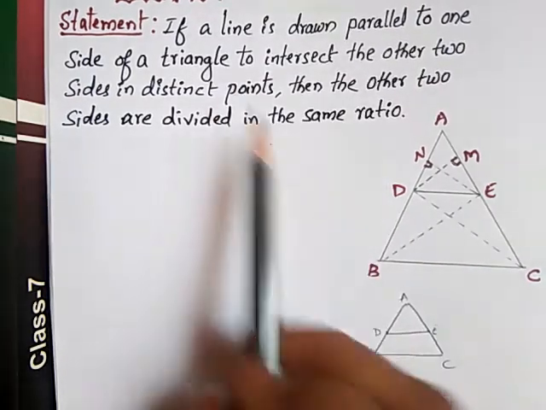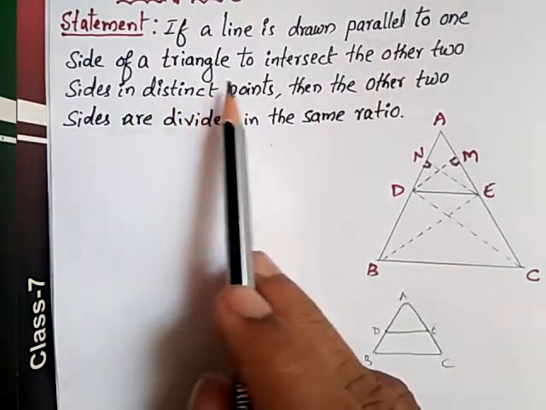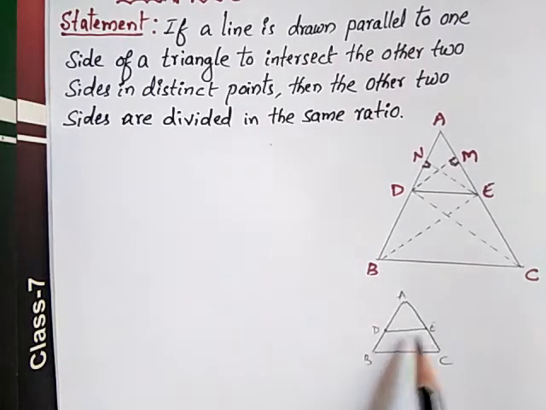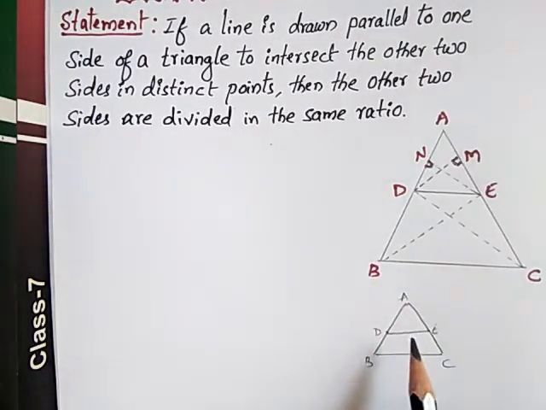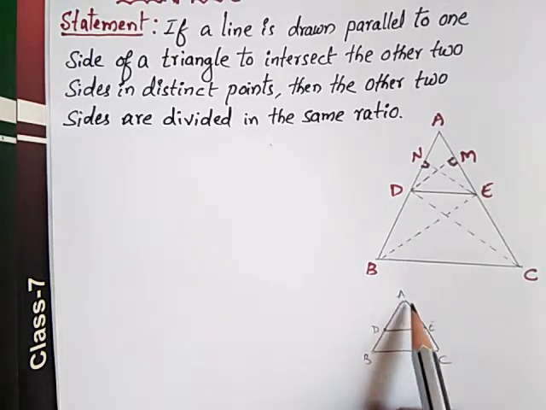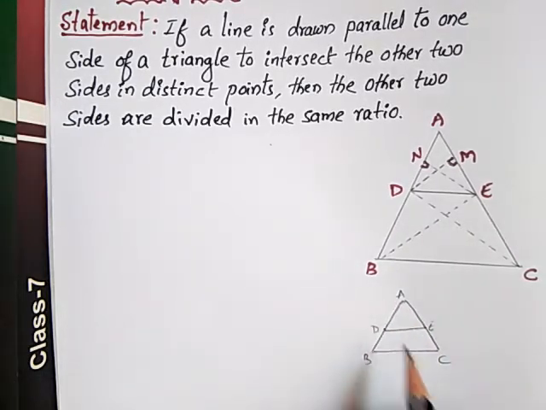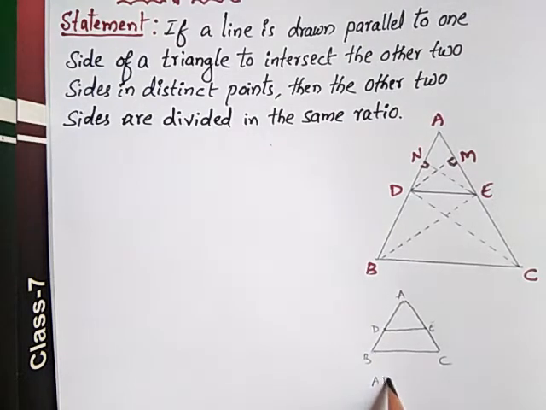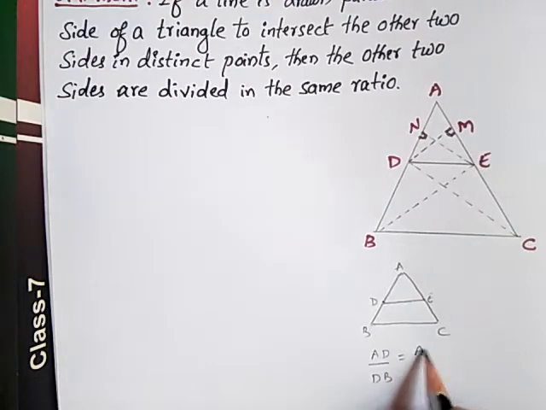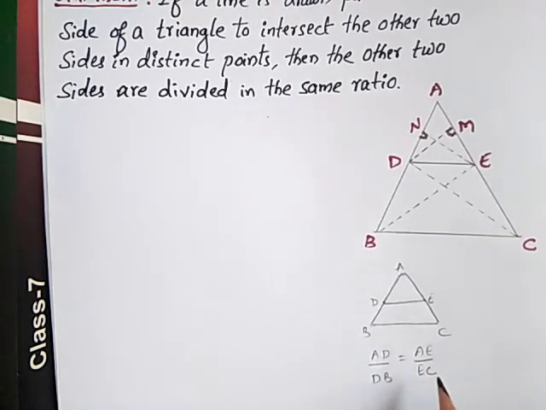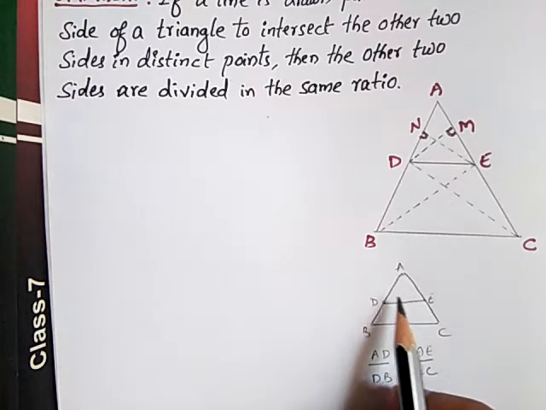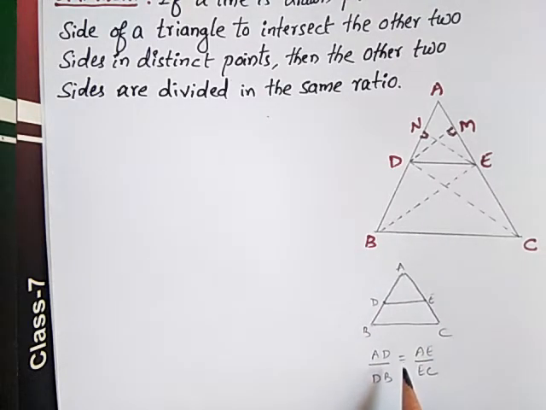If a line is drawn parallel to one side of a triangle to intersect the other two sides in two distinct points, then the other two sides are divided in the same ratio. We have drawn a parallel to one side, so the other two sides, AB and AC, are divided in the same ratio, meaning AD divided by DB is equal to AE divided by EC. In this ratio it will divide. When a line is drawn parallel to one side of a triangle, the other two sides are divided in the same ratio. So that is the meaning of